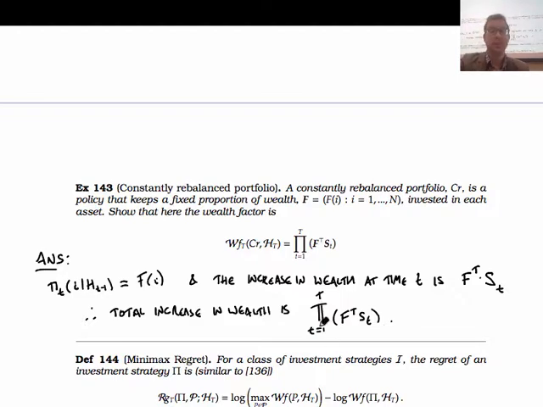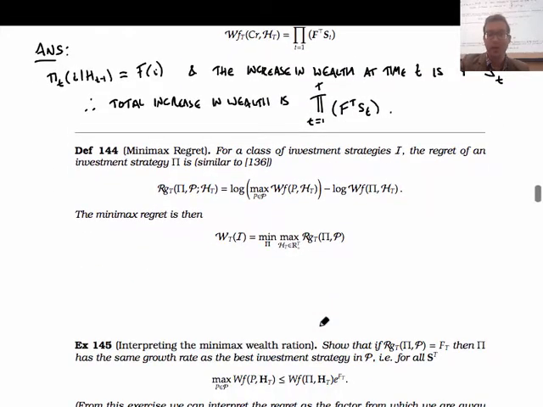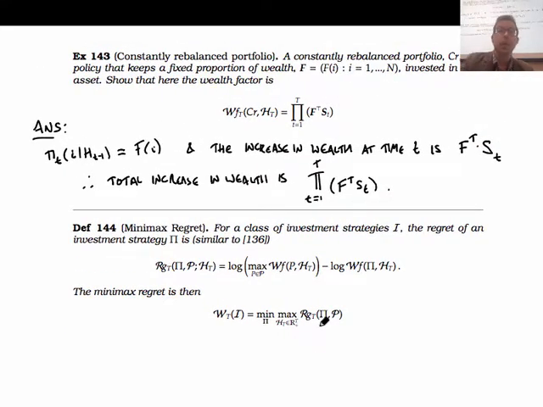All right, and probably time for just one more definition. So here we're going to look at the same notion as before, the minimax regret. Okay, so for a class of investment strategies, we're going to have some advisors who are going to say, oh, you should follow the FTSE 250, oh, you should invest all your assets in oil, I don't know, whatever. Okay, and we want to look at how, when I take in that advice and I balance my wealth between the different pieces of advice, how can I follow a policy that makes the best multiplicative increase in my wealth? So for a class of investment strategies I, the regret of investment strategy pi, similar to the previous definition we had before, is going to be